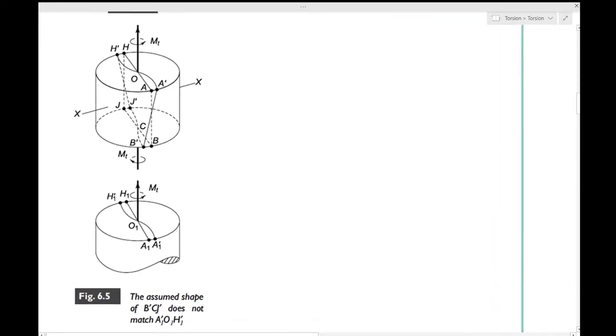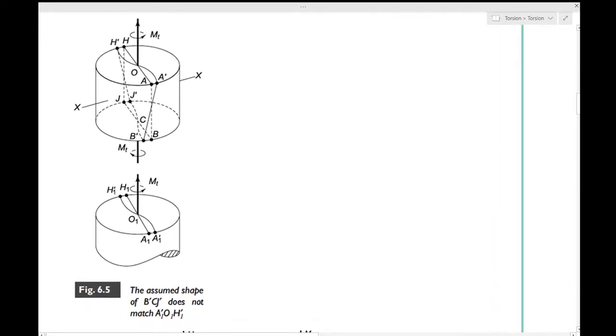Okay, so we are seeing this upper part of figure 6.5. We focus our attention to this section. So you have drawn this section HOABCJ. Okay, this is one section which you have taken,